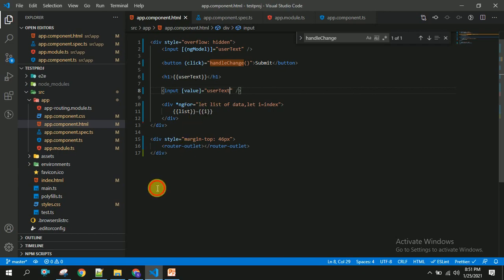To this property binding I am going to use the variable we have declared in the TS file. Let us go to our browser. We will be able to see two input boxes, and once the user enters anything here, you will be able to see the same data in the other text box. If I change this text, you will be able to see the same thing here.